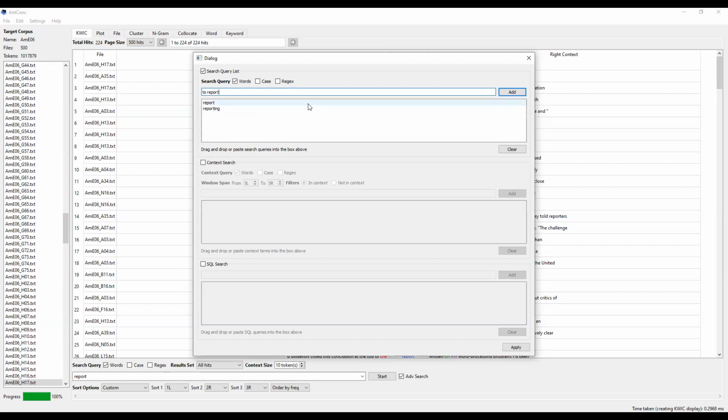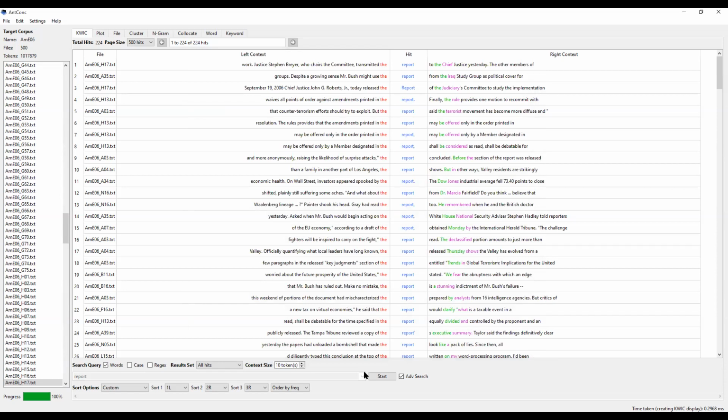So before, we can do it different ways: report, reports. We can use truncation. We can look for letters like PORT, for example. If the word's not selected, we can do regular expression. We can do all these different ways of searching. We can also be very specific in a sense. So if I'm looking for these three here, what I can do is click on apply and then